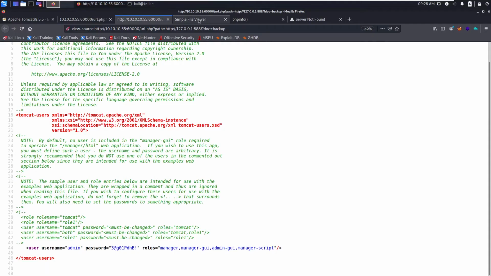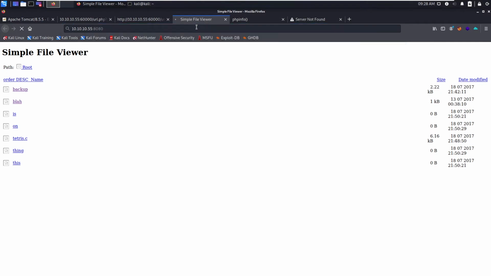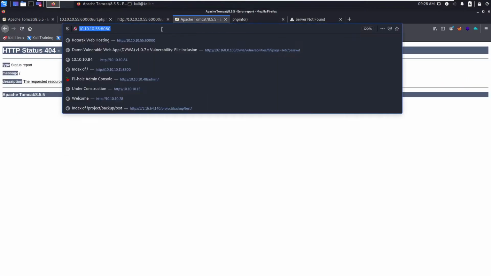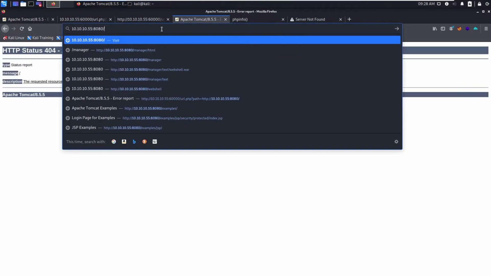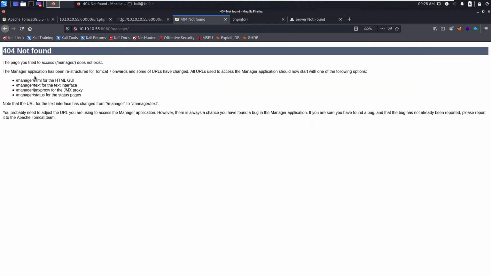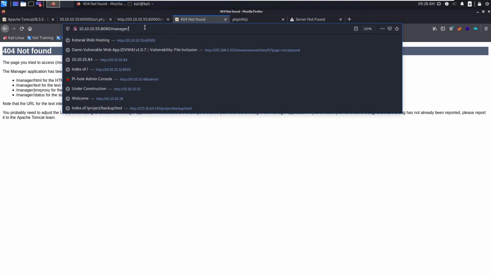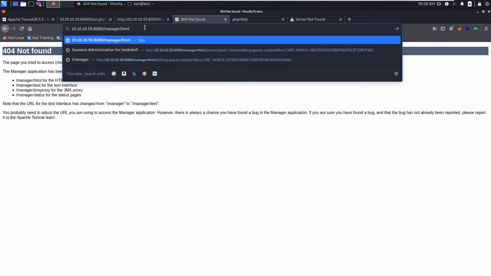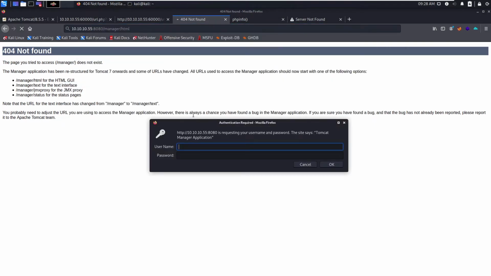Copy this and go to this one. So you can go to the normal page. So it's 404 manager. The recent Tomcat 7 has been changed to manager/html, text, jmxproxy, status. So let's go to html to have some nice interface.